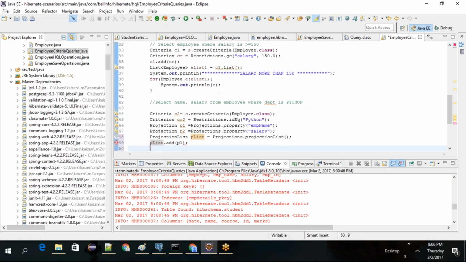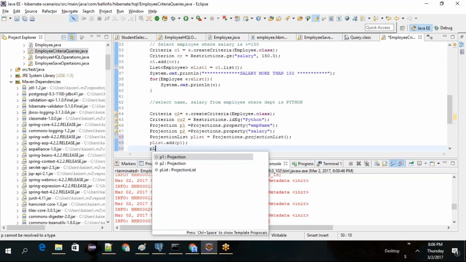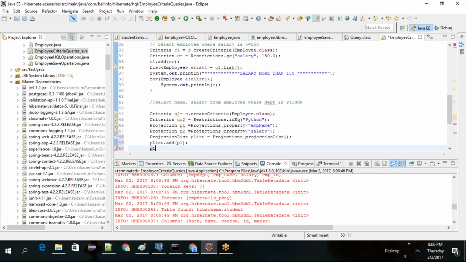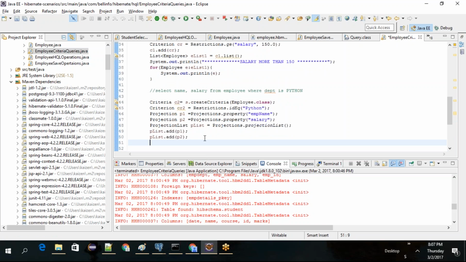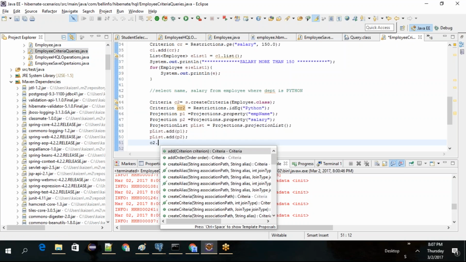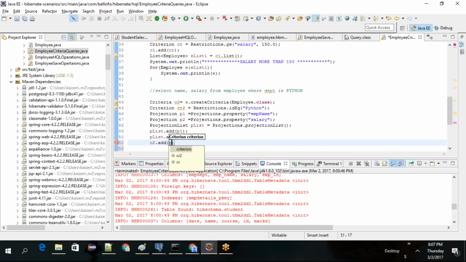Add of P1 to the P list, dot add of P2. Okay, nice. Next thing is, you've got a projection list, you've got a criteria list, you have a criteria. So into this criteria, select star from employee. First you need to write the conditions. How do you write? C2 dot add of criterion. Okay, C2 dot add of criterion two,